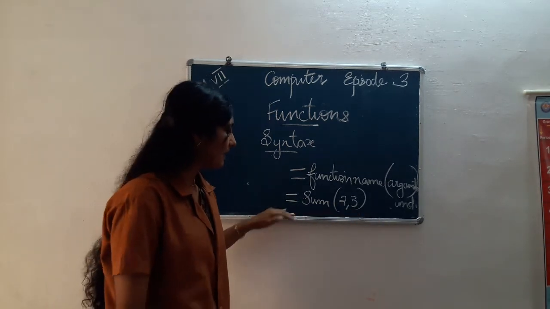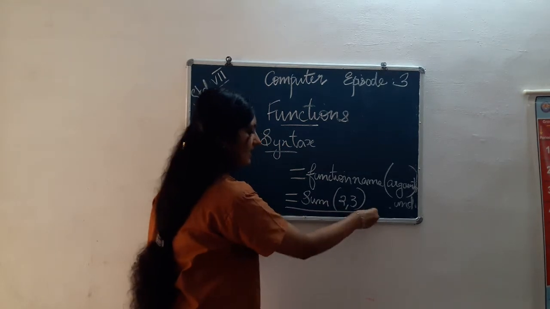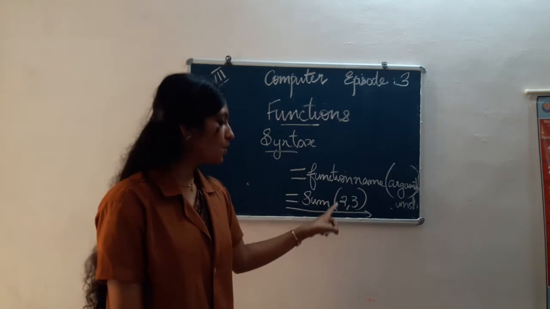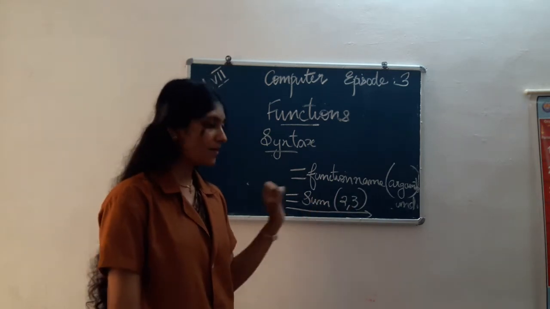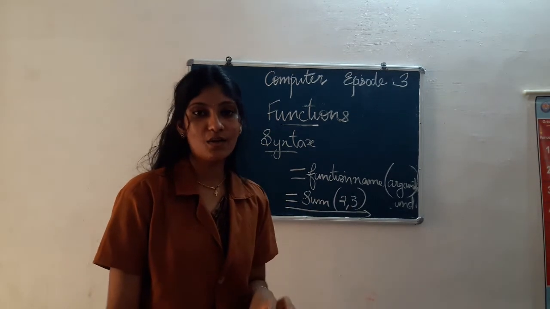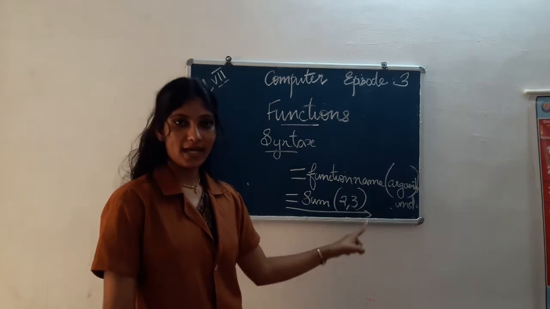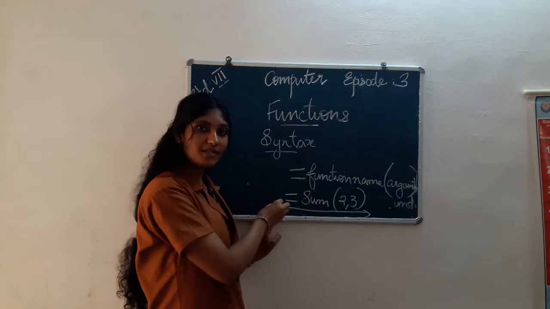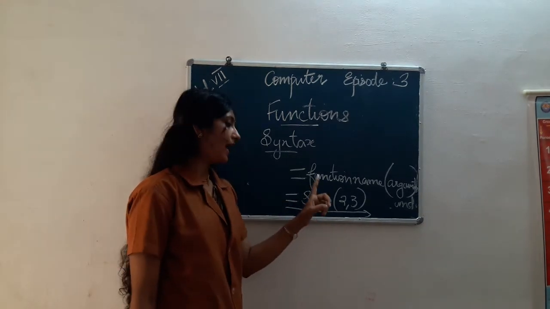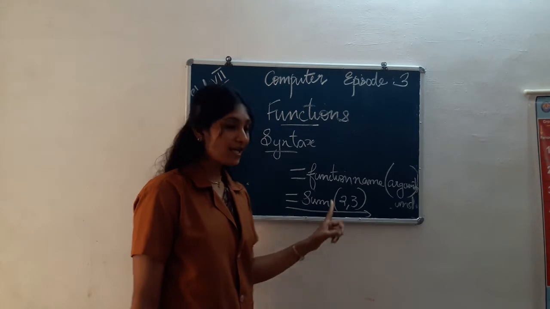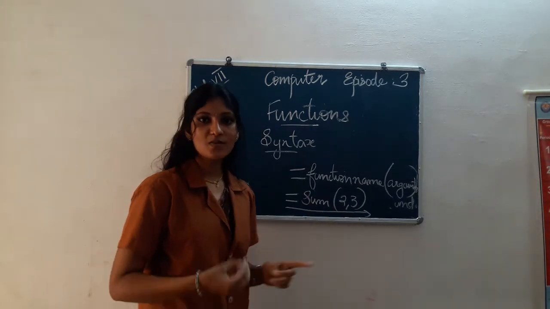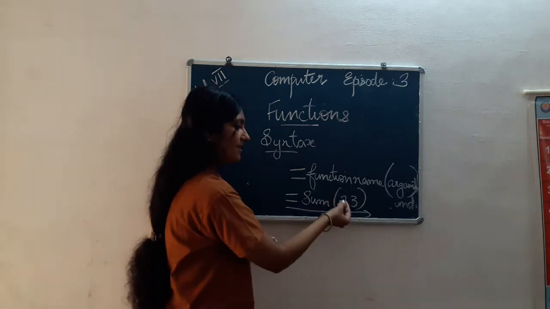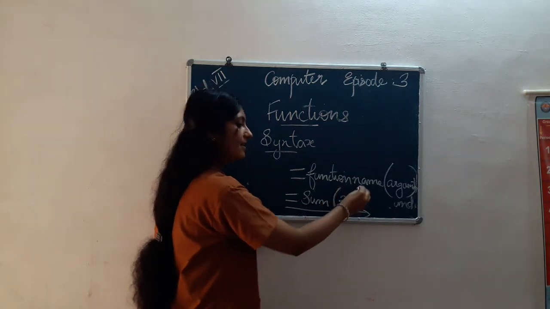Here this function syntax indicates we have to find out the addition of 2 and 3. So what does it represent? It represents the addition of two values, that is 2 and 3. Do all of you understand? Every function starts with an equal to symbol and then there is a function name. Here the function name is sum. Sum is used for calculating addition, and then the arguments are put inside the brackets.